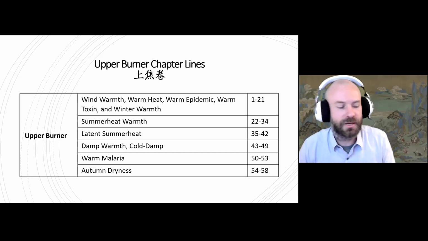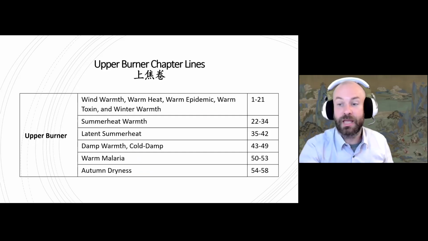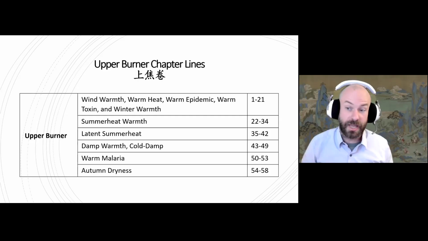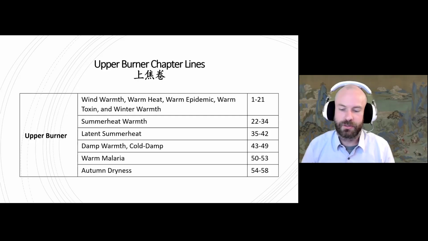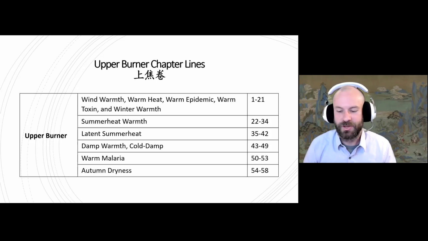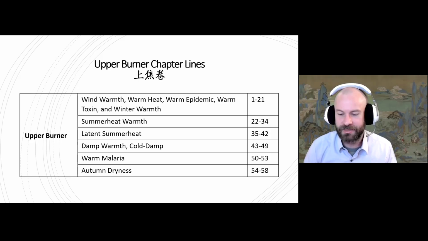So that just gives you a little bit of an understanding of how this book is written, of how it's broken down, because I always find that interesting. It's the same thing when in Chinese you see people write about the structure of the Shanghan Lun. They'll talk about the Shanghan Lun having 398 lines and maybe 113 formulas, something like that. So they'll number the lines and things like that.